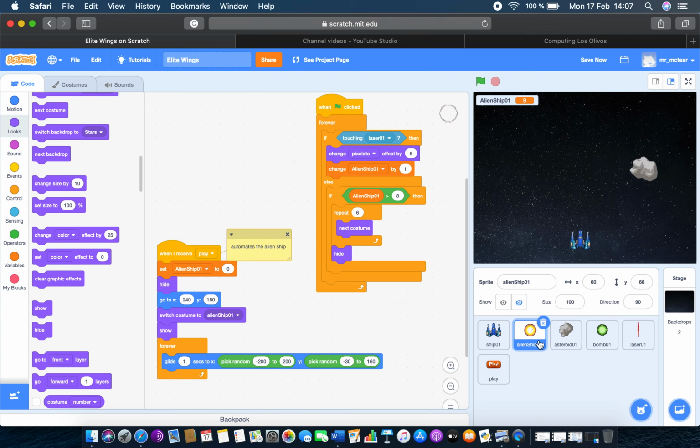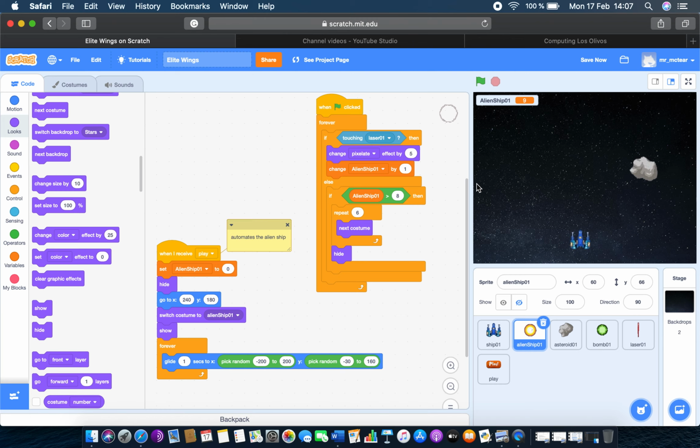Now, the problem with that, of course, is that if you're playing a game, you can imagine how many of these alien ships you would have to create, and all their code and everything, for each one if you had to do each one separately. But of course, this is a computer game. So the good thing about programming is that we can actually just reset it so that this alien ship would fly out again,